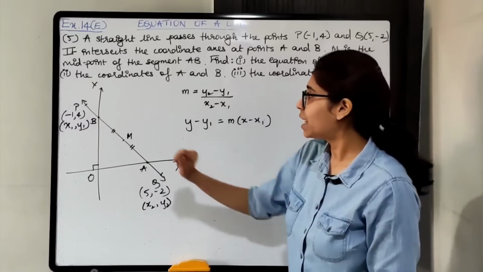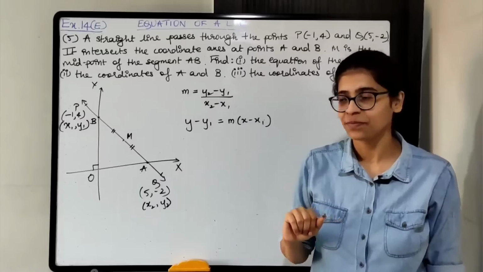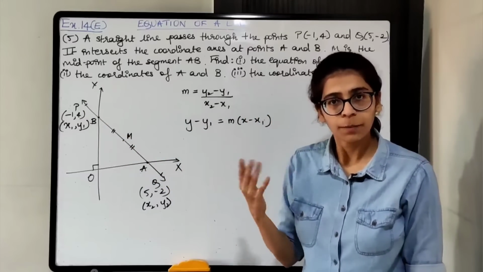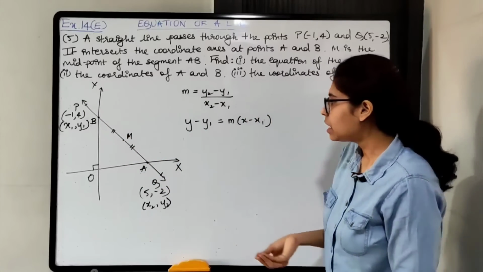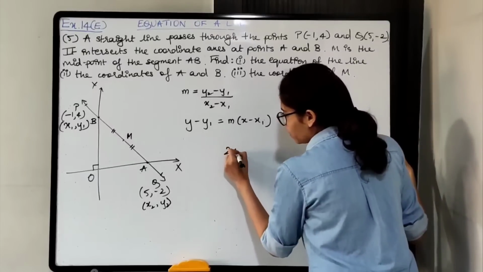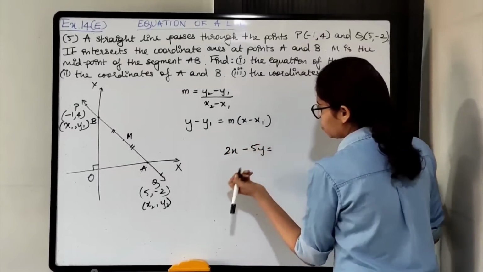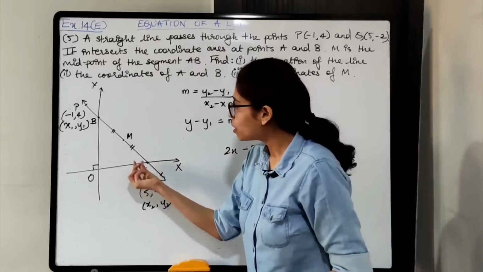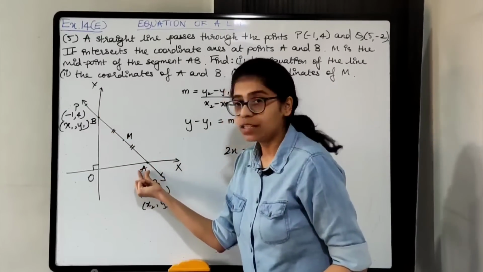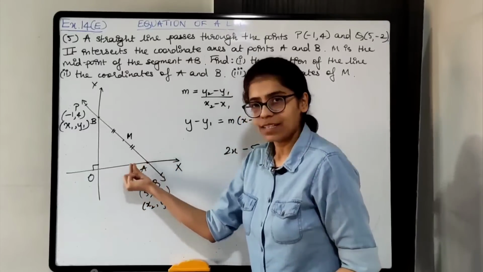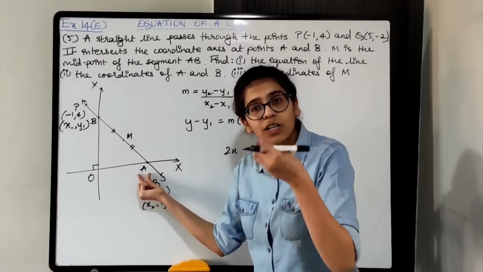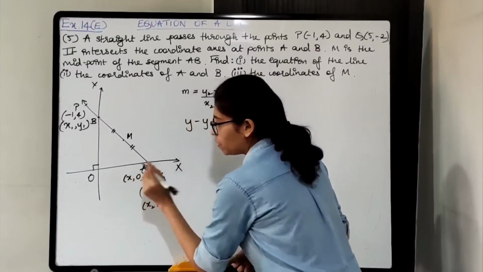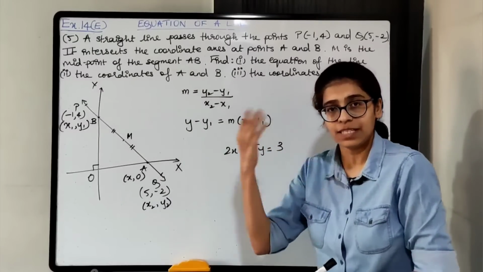Once you get the equation, second part is the coordinates of A and B. A and B both lie on this line PQ. PQ पे ही lie कर रहा है. Let's say that the equation of the line is 2x minus 5y equals to 3. Okay, I'm just supposing कुछ equation है. So how will I find the coordinates of A and B? A is cutting y axis, sorry x axis. So उसका y coordinate 0 होगा and x coordinate will be something. So it will have x coordinate but y coordinate will be 0.